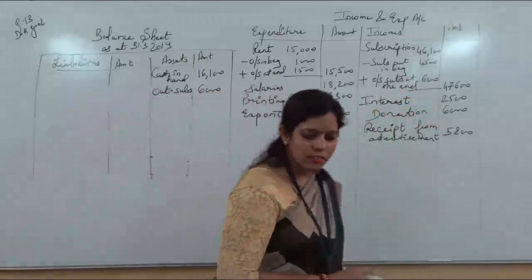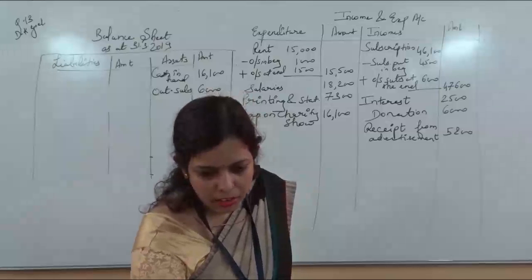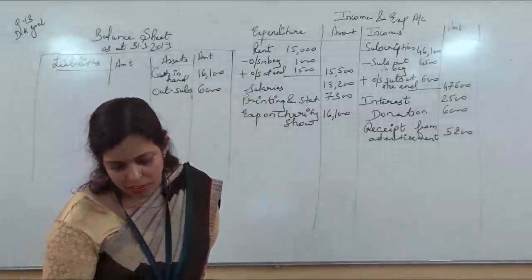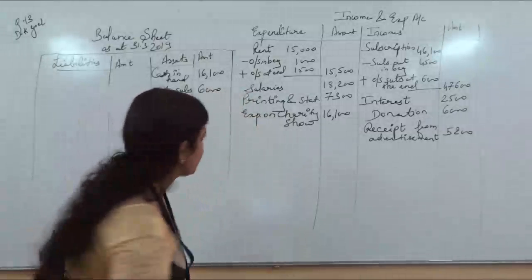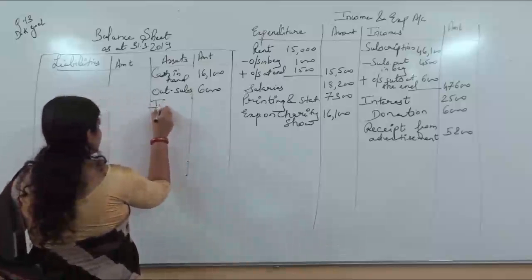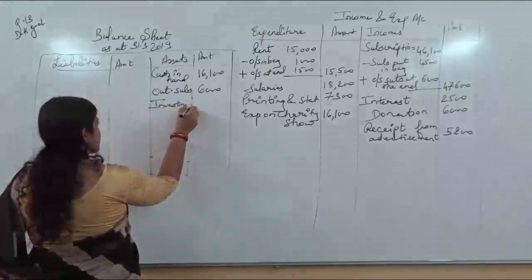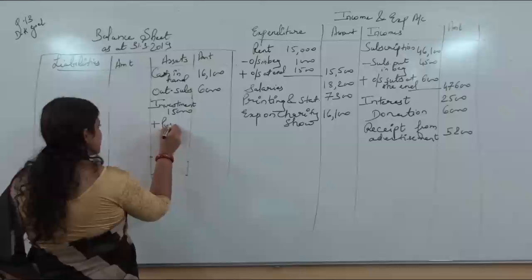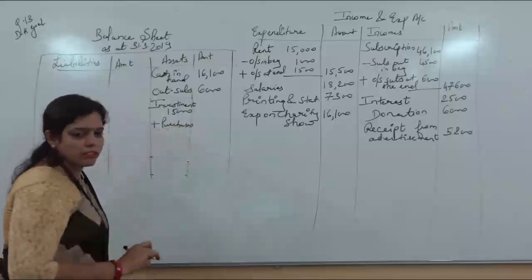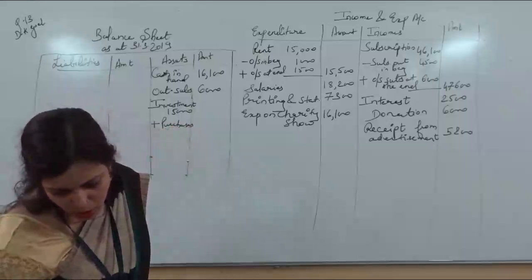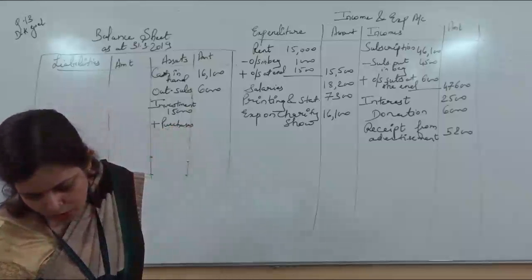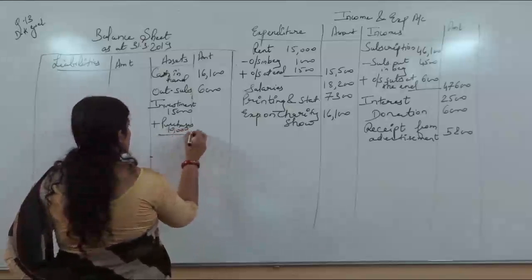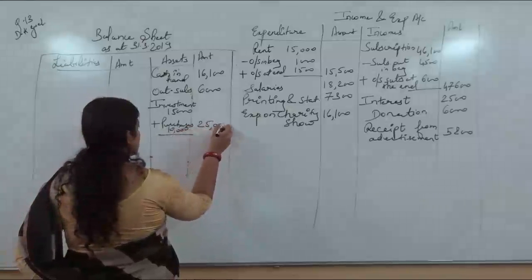Then next one, you can take the investment. See the investment from the receipt and payment. Also some investments were purchased. What was the value of the investment given in the question? You can see it was 15,000, the basic figure from the old balance sheet. Investment actual value was 15,000. Then some purchases were done. How much investment was purchased? In the receipt and payment it is showing investment purchased 10,000. So the total value of the investment is coming 25,000.